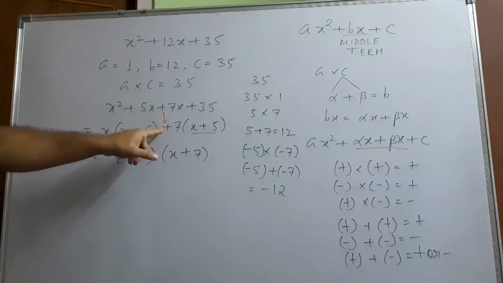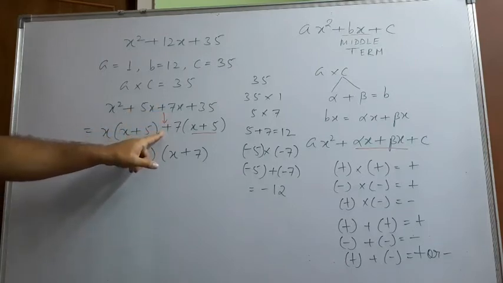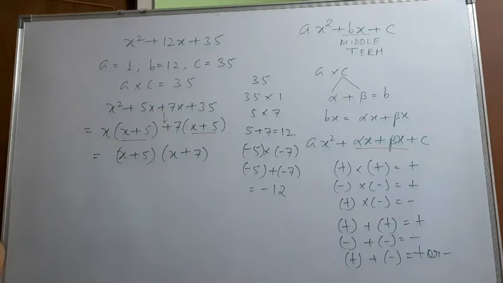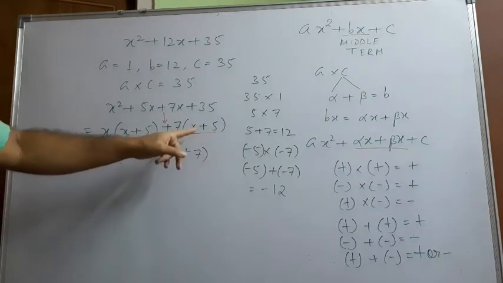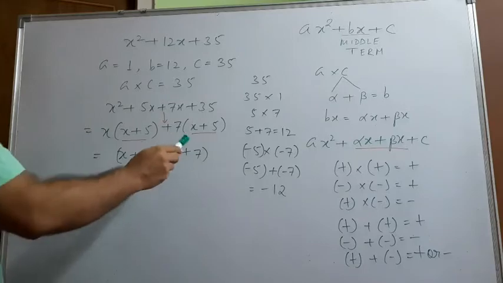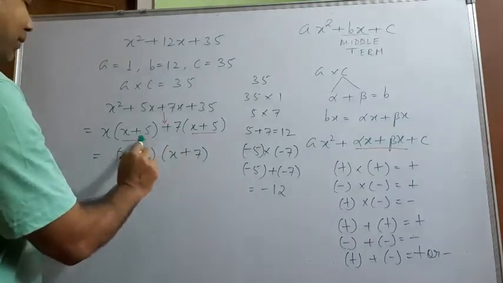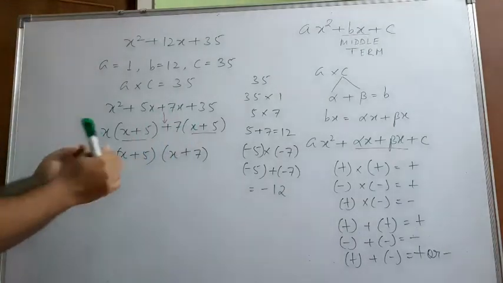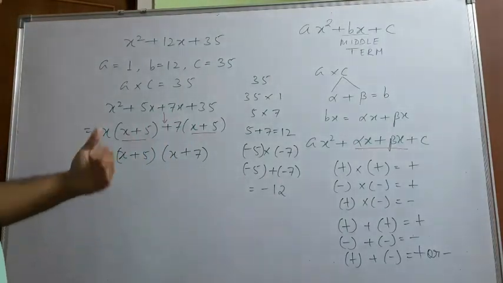Here immediately take this sign, the sign of the third term. From 7 and 35, what is common? 7 is common because 7 1 is 7 and 7 5 is 35. Variable is not common here because the last term is free from variable, constant term. So now you see one thing, after taking common, this part must be same, whichever I underline. If it is not same, then something is wrong in your calculation. So you check it again.